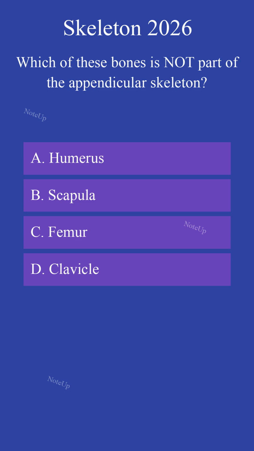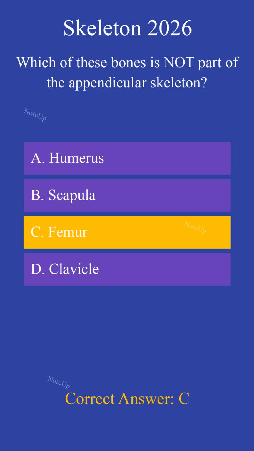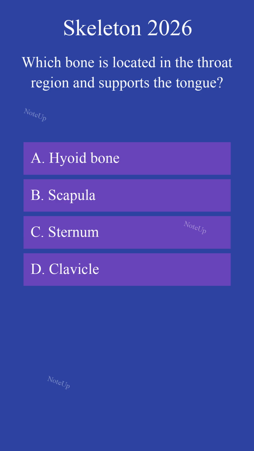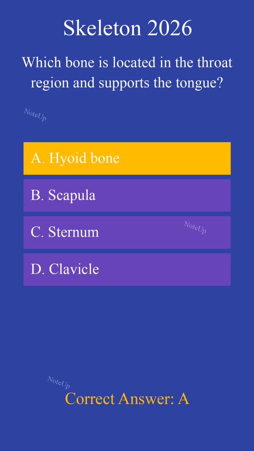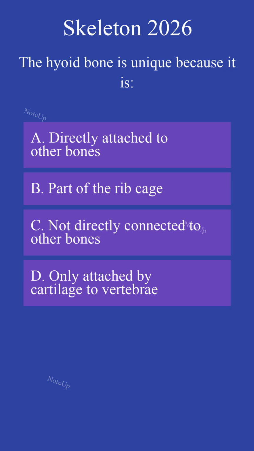Which of these bones is not part of the appendicular skeleton? The correct answer is C. Femur. Which bone is located in the throat region and supports the tongue? The correct answer is A. Hyoid bone. The hyoid bone is unique because it is...